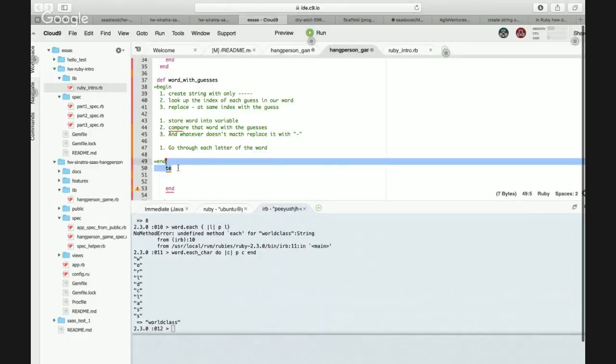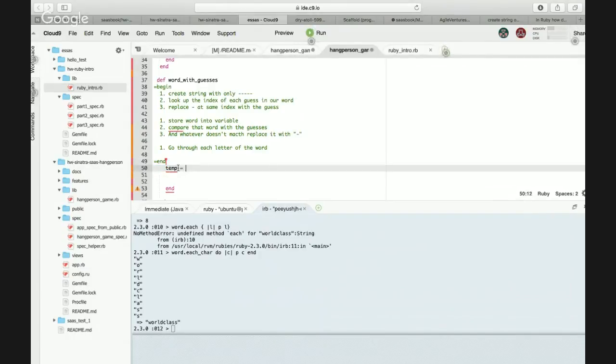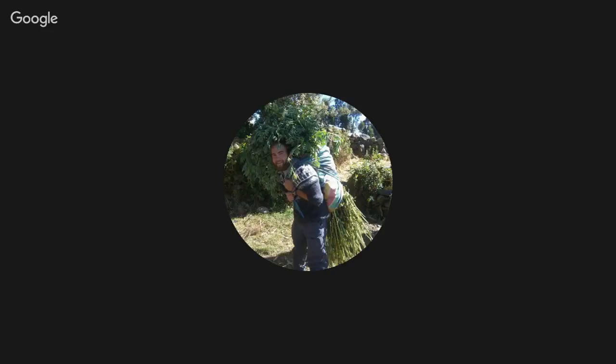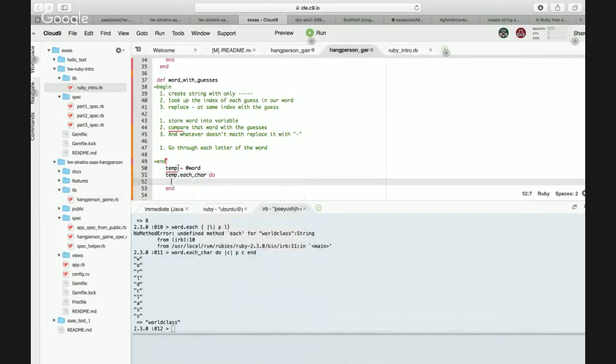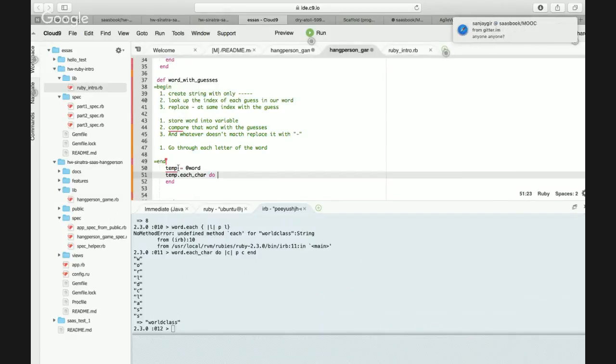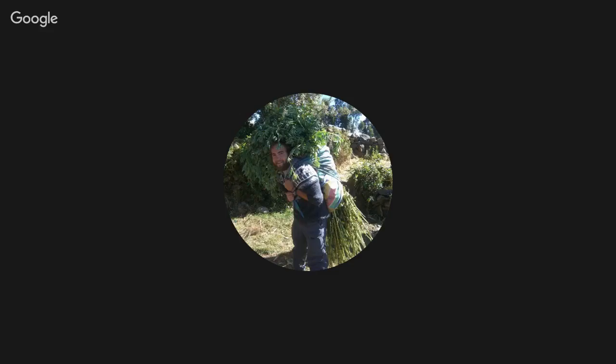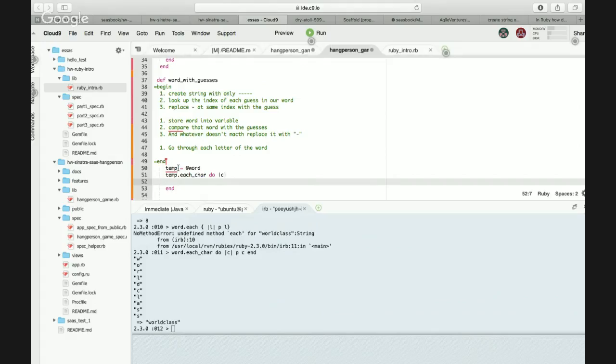So let's store it in temp. Let's do it line by line and see what we get. Each char. Now you check if guesses includes C, right?